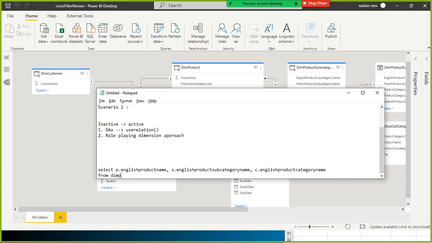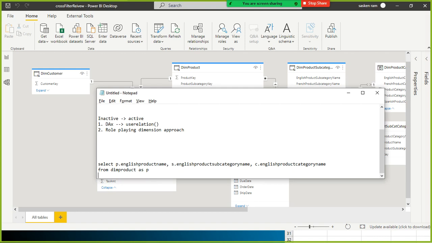From, I call the dim product as p, join. So I want to perform a left join here. Left join all the products, I want to match with the matching value on the right side, non-matching value on the left side. I want all the products.